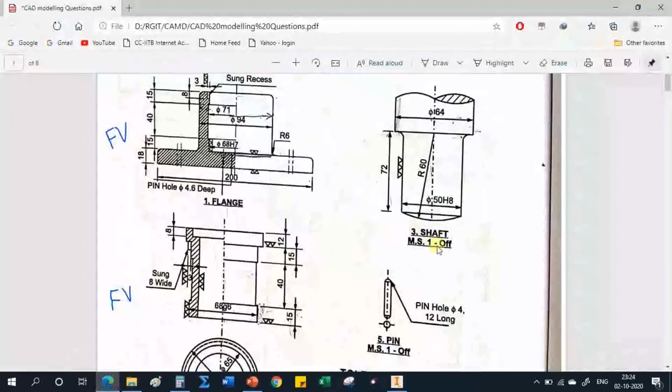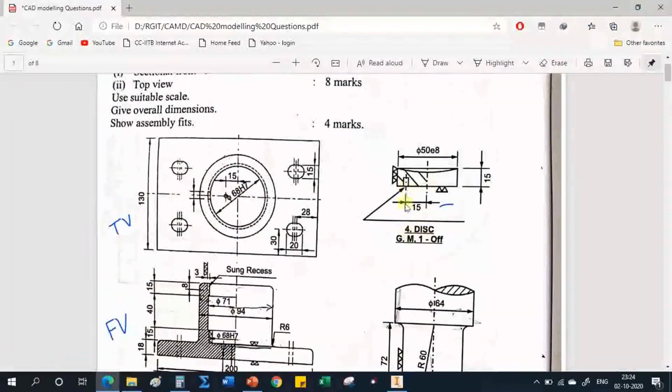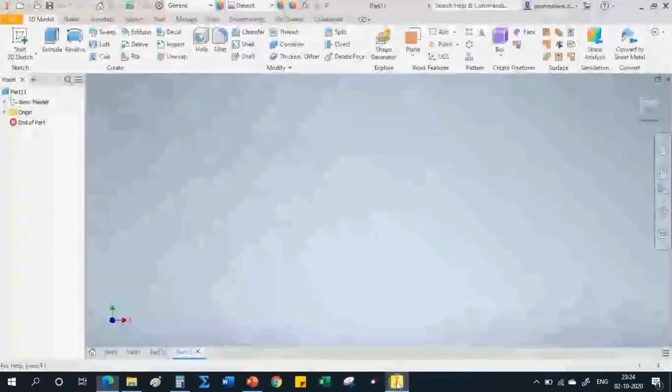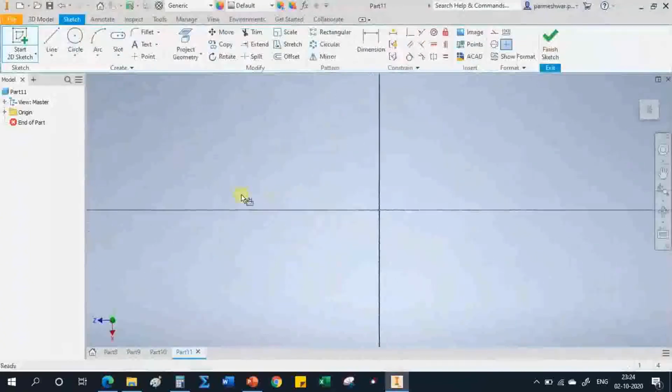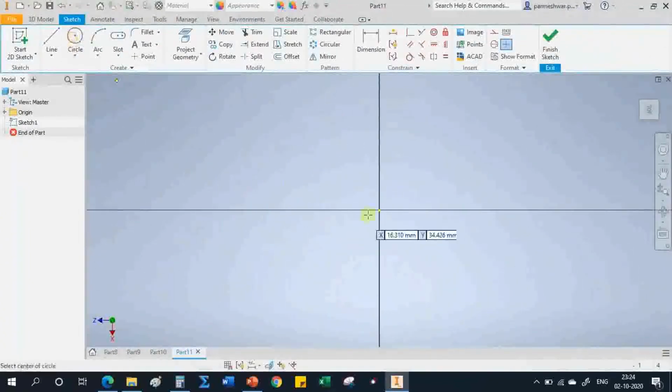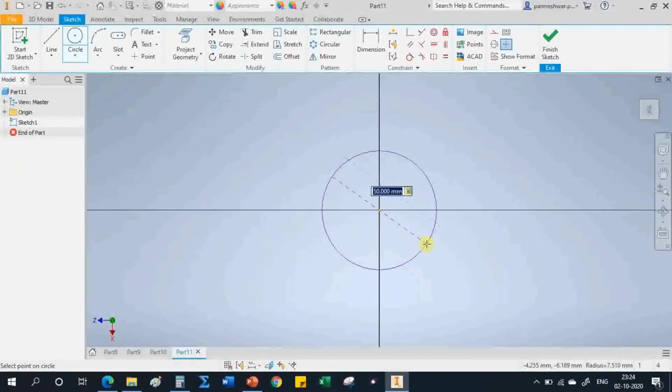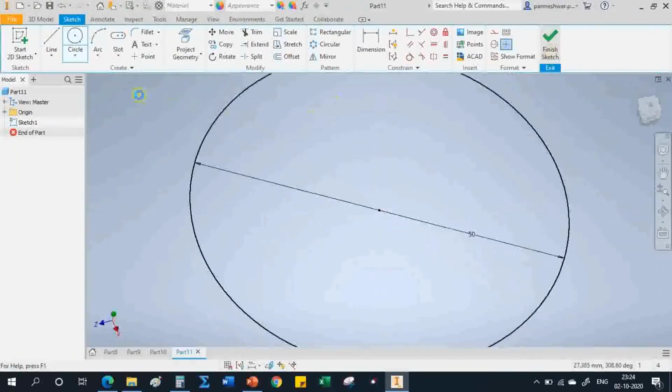What is next part? The fourth part is disc here of dimension 50 mm diameter, and we have to extrude it by 15. Okay, so here it is the disc, right? Circle, here it is 50 mm, we have to extrude it by 15.